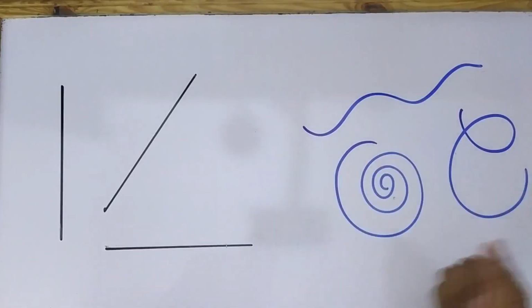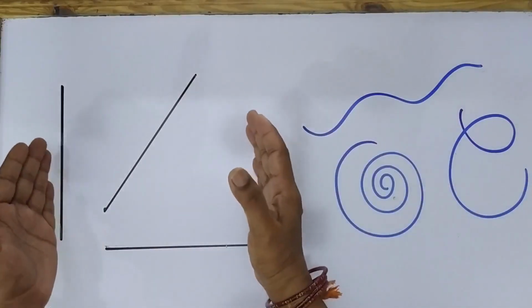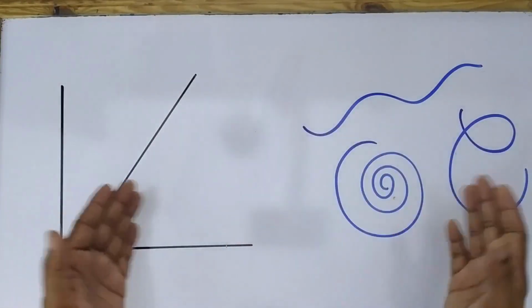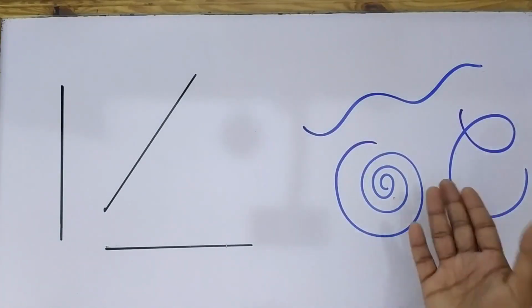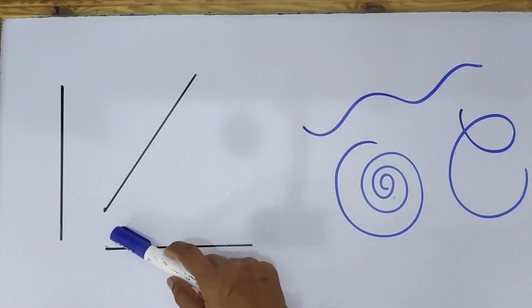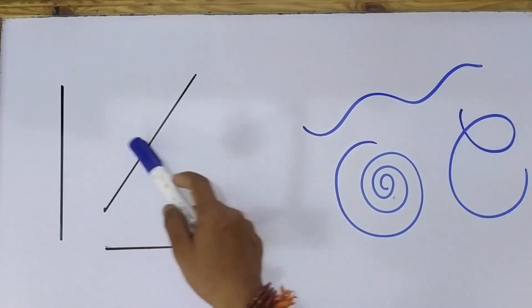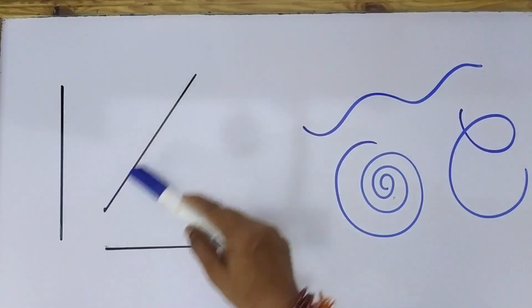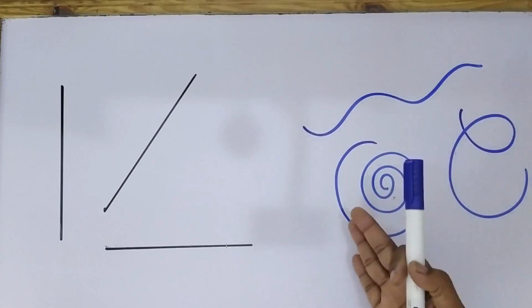What can you see here? Yes, you all are familiar with this. Here we can see one group and another group. They are different. We know very well how they are different. Yes, these three are straight lines. And what about these three? Of course, they are called curved lines. So this is a vertical line and this is a slant line. And what about this? Horizontal line. Straight lines again we can name as vertical line, slant line as well as horizontal line. What about these all? Together they are curved lines.